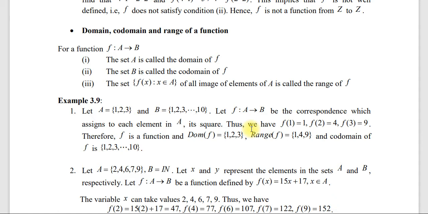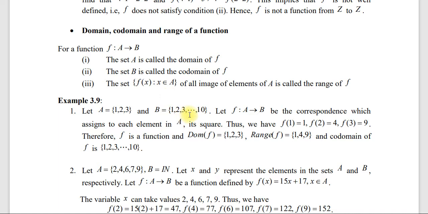1 ነው። የሁለት ስኩዌር 4 ነው። የሶስት 9 ነው። Therefore f is a function and domain of f which is equals to 1 2 3. ምክንያቱም ዶሜን ማለት ነው the set A is called the domain of f ብለናል። ስለዚህ A ላይ ያሉ ነገሮች ዶሜን እንላቸዋለን ማለት ነው። ሬንጅ የምንላቸው ደግሞ 1 4 9 ናቸው። 1 4 9 ሬንጅ ናቸው። and ኮዶሜን የምንለውስ b ነው።